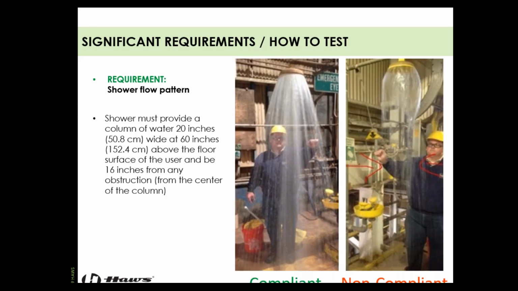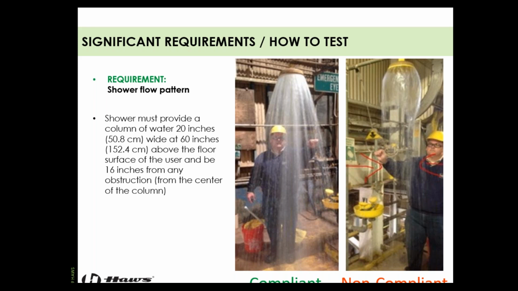Now the shower flow pattern is also very important to test, and if it's a quick activation, it's easier to get away with. This is easier to do outside. You're gonna have a little bit of cleaning up to do inside on that annual test, but the shower flow pattern, the column of water, has to be 20 inches wide at 60 inches above the surface floor. The reason for this is, again, average human measurements. It's meeting you shoulder to shoulder and covering your entire